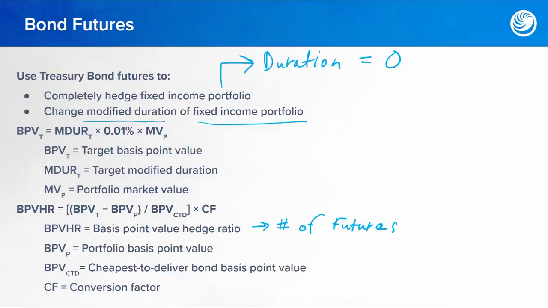So really this is telling us how much we want to change the basis point value by, divided by the basis point value of the instrument by which we'll be doing the changing, which gives us a number of futures essentially. And then there's one more add-on, which is to multiply it by the conversion factor. And what I've seen in the problems is that they'll generally just give you the conversion